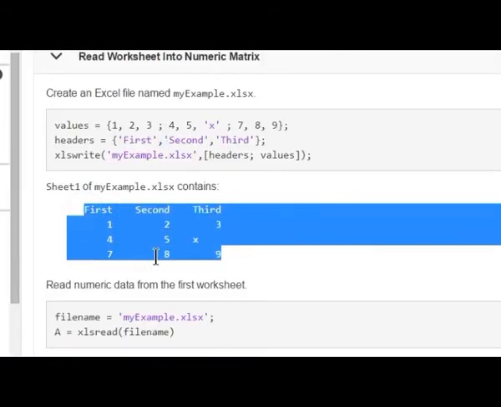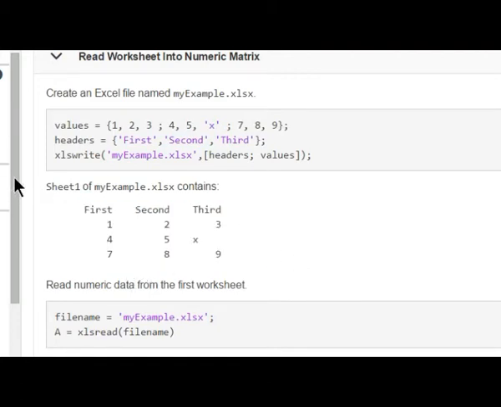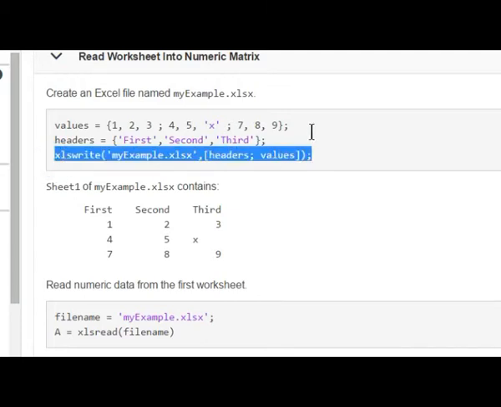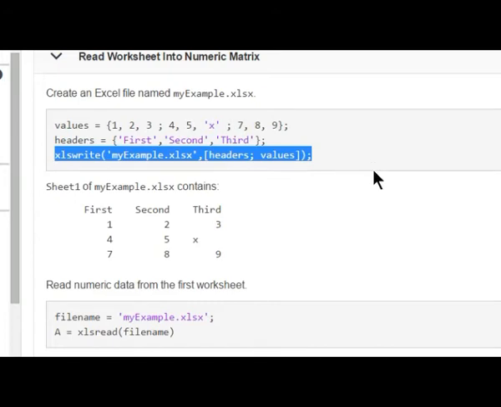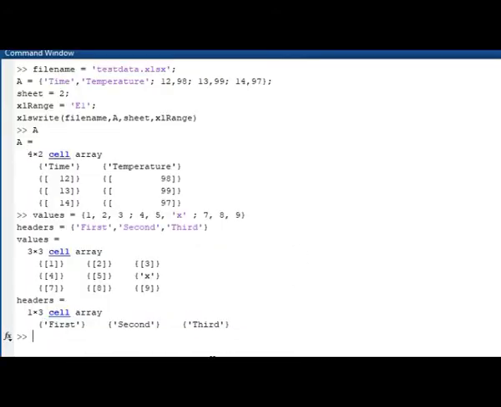My data will be like this: first, second, third, and 1, 2, 3, 4, 5, 6 and 7, 8, 9. Then I want to write this data to an Excel file named my file, with the header and values. Let's evaluate this.